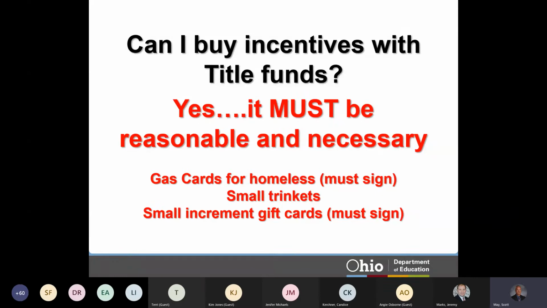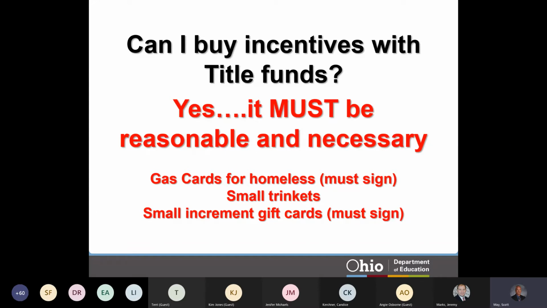Incentives could be food, it could be little trinkets, it could be gas cards for the homeless. But I want to put a caveat: if you're going to use gas cards or gift cards, they must be in small increments, and the treasurer must sign for it, and there has to be accountability on that. Some districts shy away from that because for auditing purposes, if you're going to give a gift card out, it must be accounted for. Small trinkets, we're okay with, things from Oriental Trading, not that I'm plugging them or anything, just little things along that line. When it comes to food,